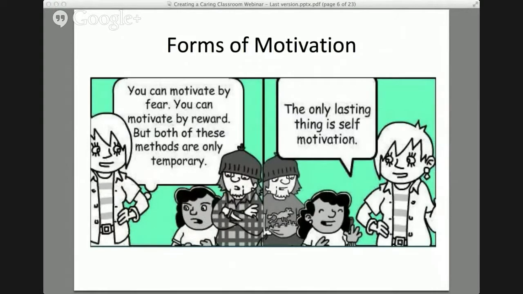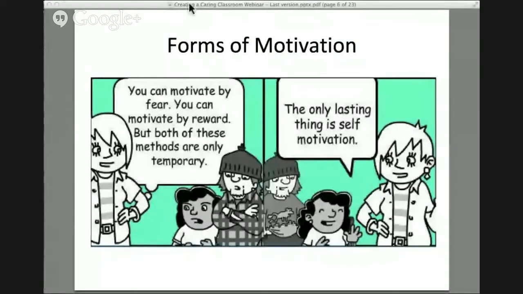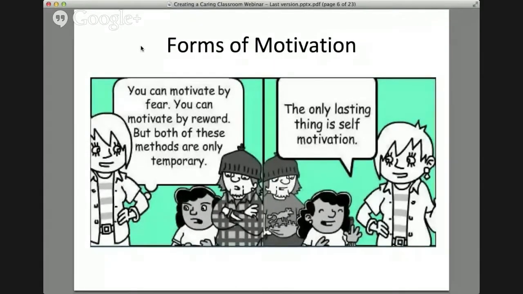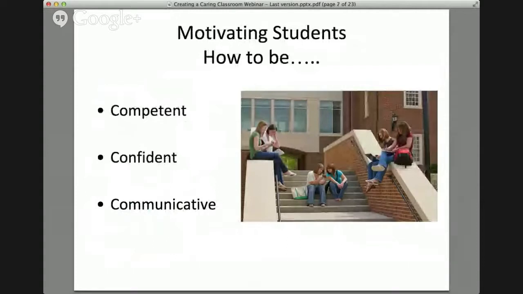Okay. So there are 2 forms of motivation. From there you can see, right? You can motivate by fear, you can motivate by reward, but both of these methods are only temporary. The only lasting thing is self-motivation. So we are talking about extrinsic and intrinsic motivations. Okay? So which one is more important, extrinsic or intrinsic motivation? The motivation that is produced by something from outside that motivated you to do something,